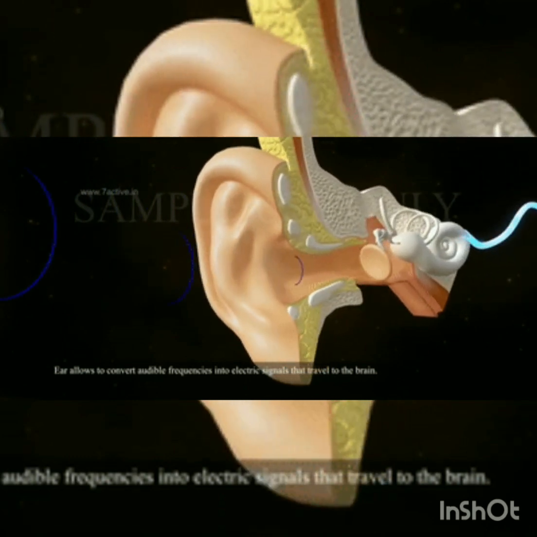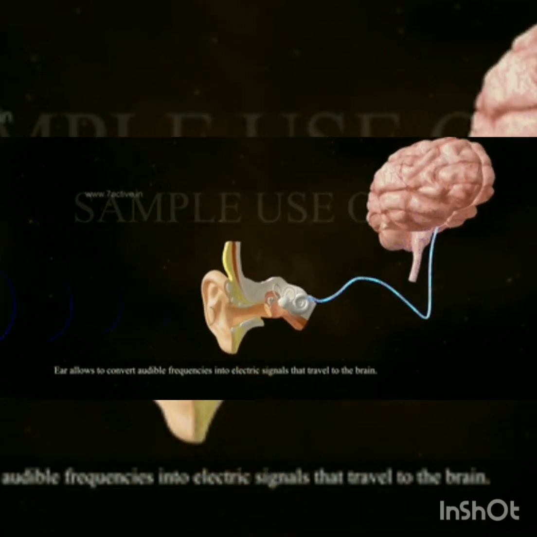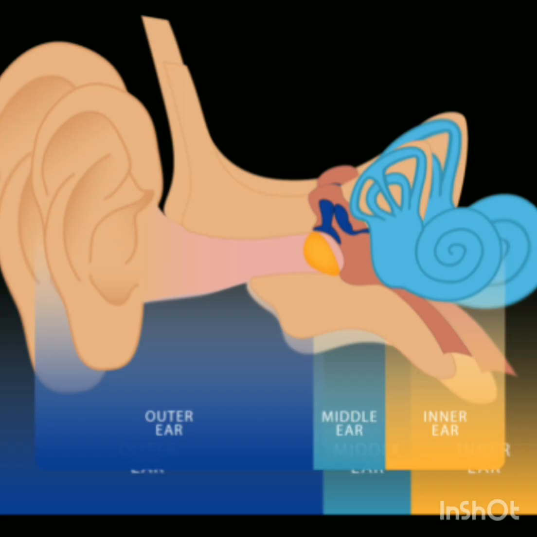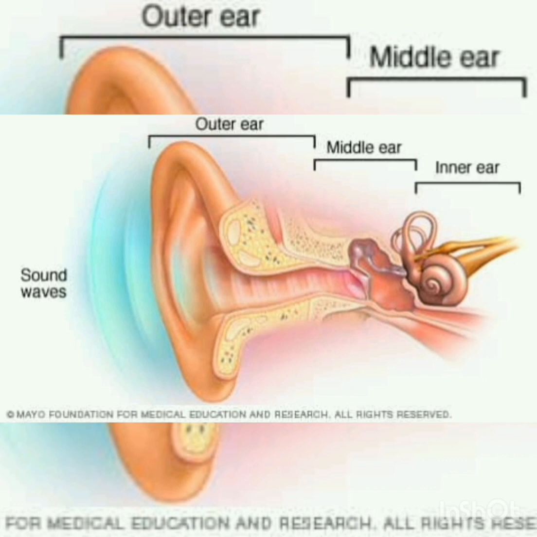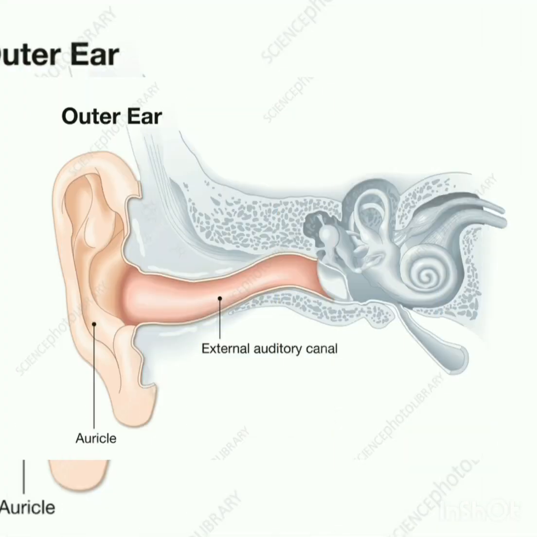how is it described. So the structure of the ear is divided into 3 distinct parts or 3 divisions, where we have the outer ear, the middle ear, and then the inner ear. The outer ear. The outer ear is made up of what we call the auricle, or what we may call the pinna. This outer lining, the part you see outside the ear, is what you call the pinna